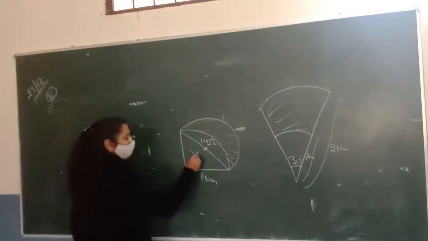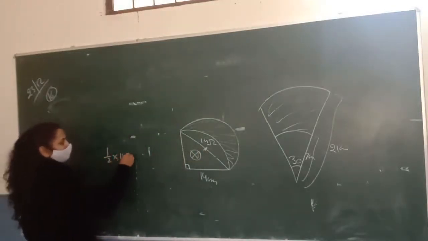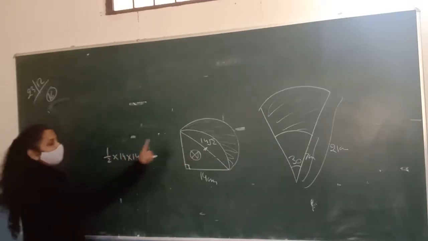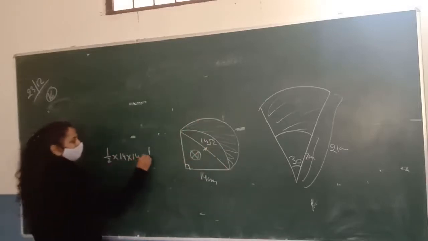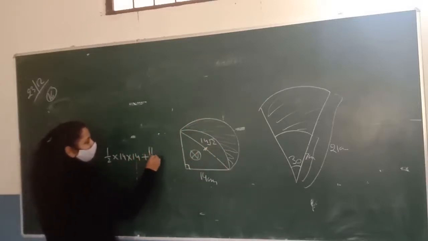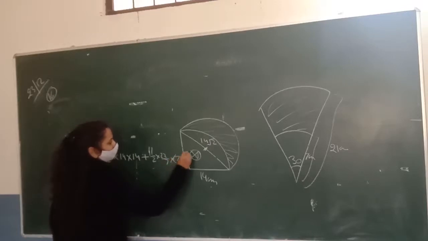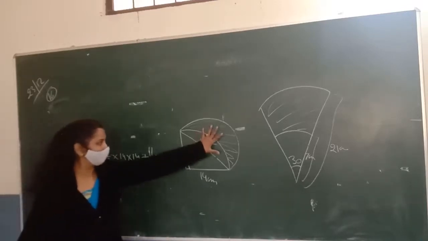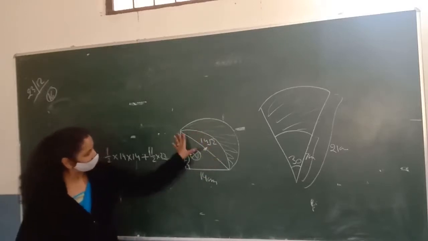So first you will find the area of this triangle. This is 1/2 into base into height. Then add the area of the semicircle to this triangle, that is 1/2 into pi into r square, 7 root 2 square. First you add the area of this semicircle to the triangle, and then subtract this quadrant from this